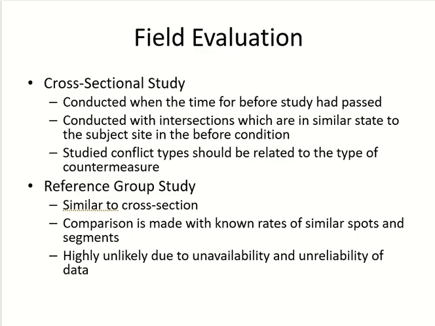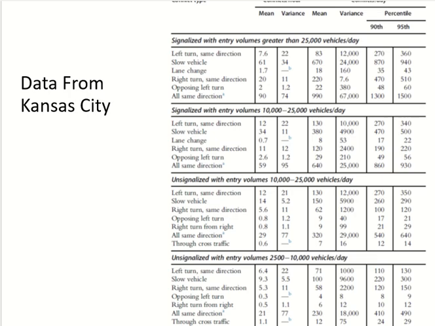Got it? So in the reference group method, we are saying, okay, I don't want to see what happened before. I'm not interested in the effect of this speed hump or whatever. I'm just interested in knowing if this site is more dangerous than the other similar sites or not. Got it? Okay. So here we are comparing with the before condition sites. Here, same. And then the last one, sorry. So this is